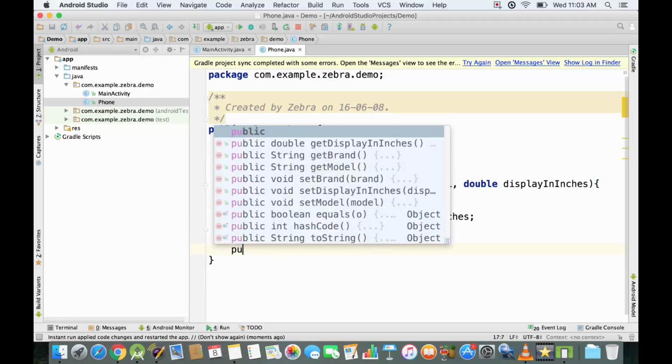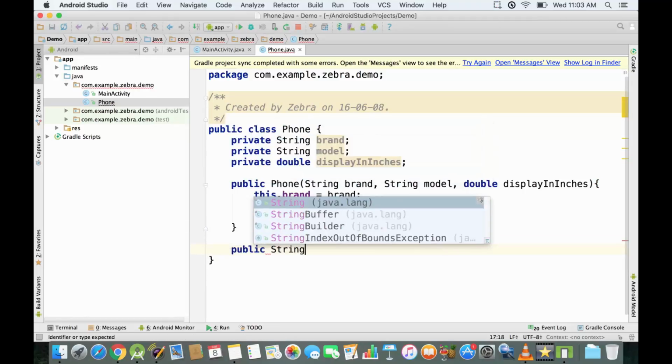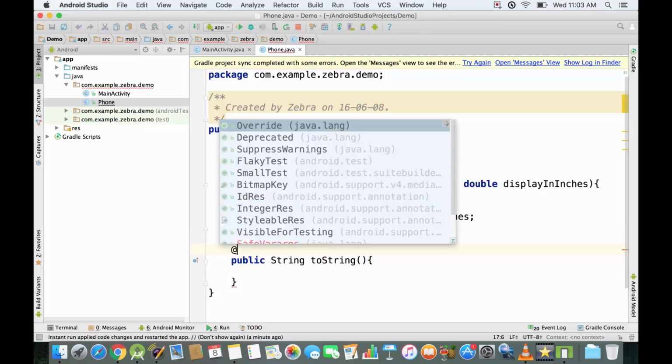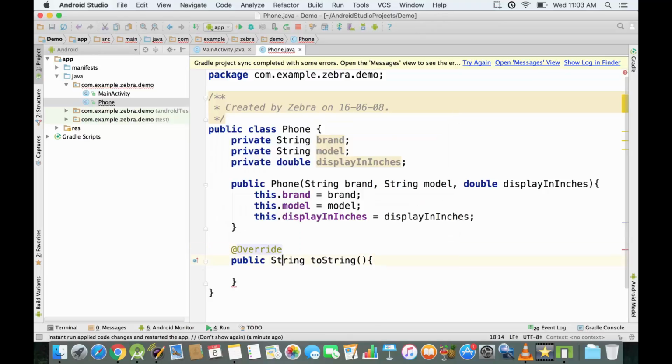So we're gonna say public string because we want this method to return a string, and then we're gonna say toString. As you can see, we have to use the same name and no parameters, so you have to make sure that you have the same signatures. So that means the signature is just the name of the method and also the parameters. They have to be the same, and so we have them exactly the same. And right now we just want to specify that this method overrides the method that is already created in Android Studio. So we're gonna say override right there,